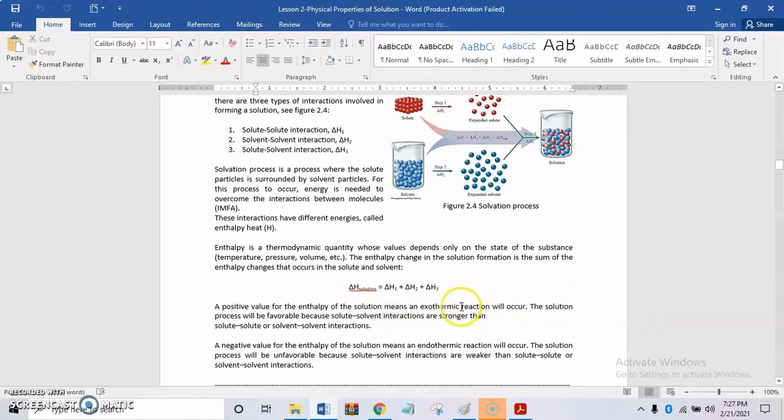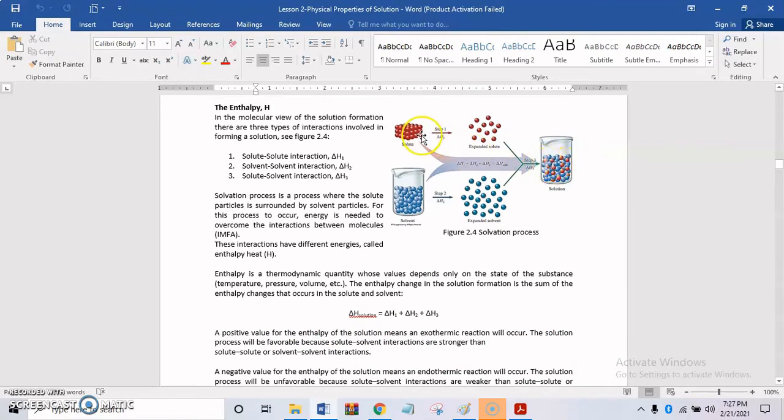When we say exothermic reaction, it is a hot reaction, or the resulting solution will have a very high temperature. Okay? The solution process will be favorable because the solute-solvent interactions are stronger than the solute-solute and the solvent-solvent